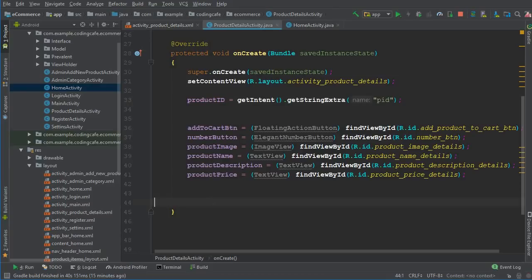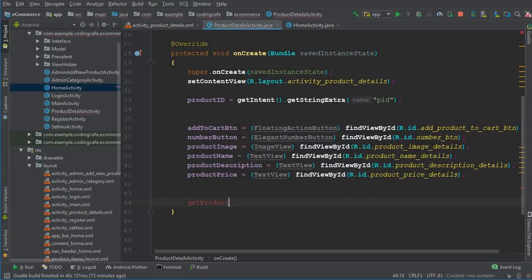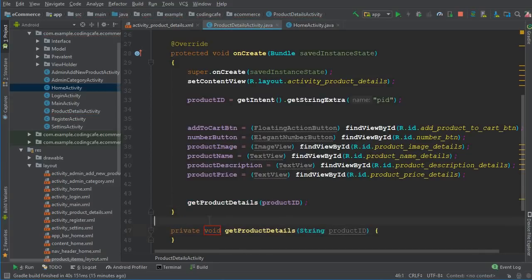So here we can create a method. We can simply say getProductDetails, and we will pass this product ID to it. And also let's create the method, and now